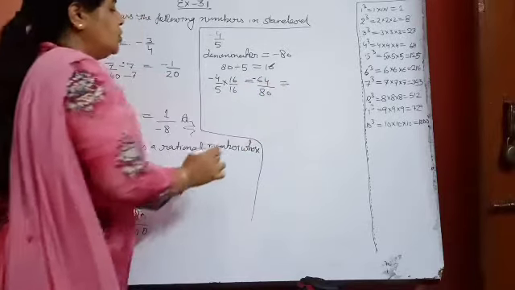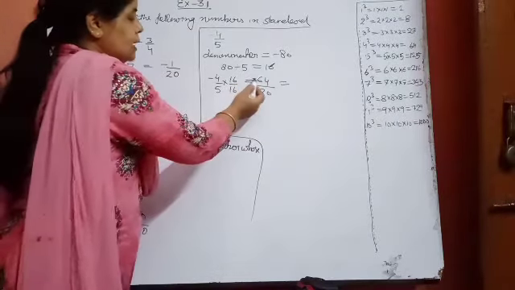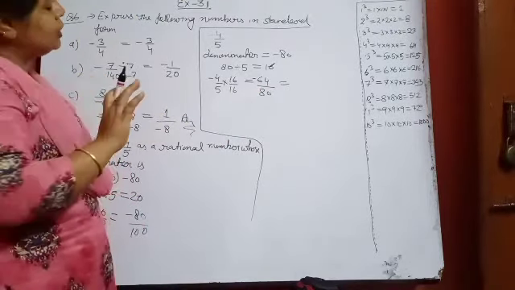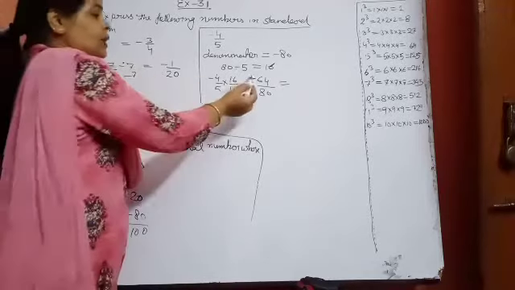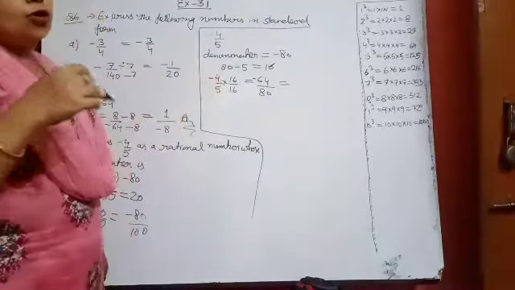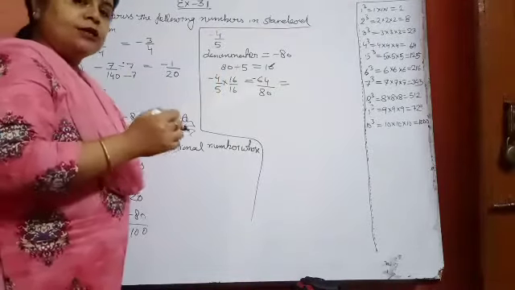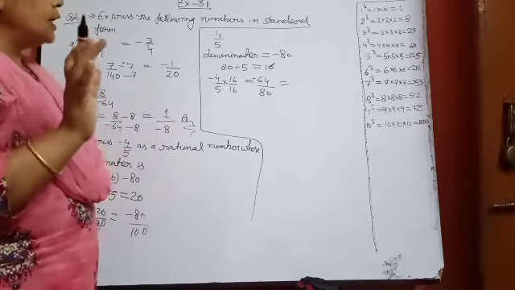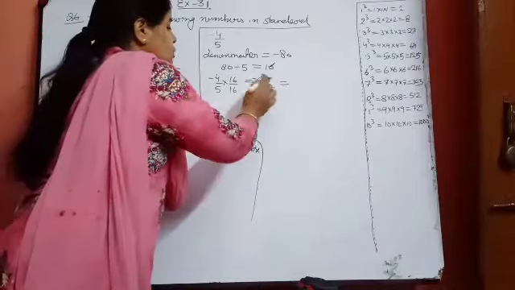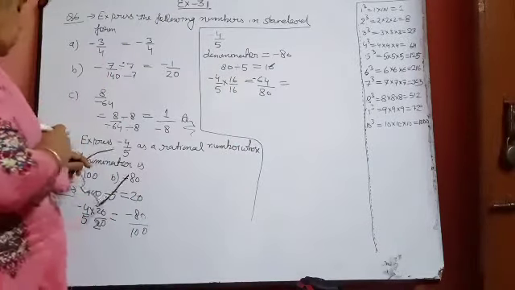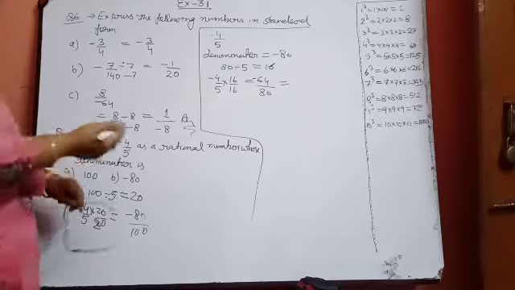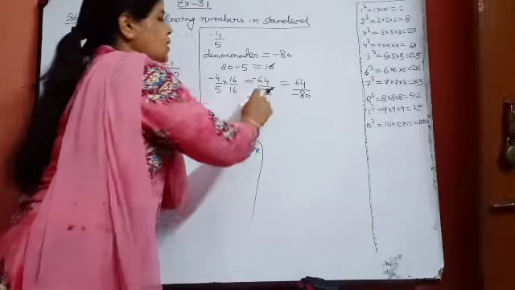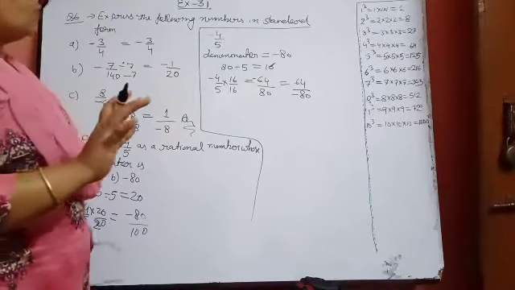I already taught you previously also that if the minus sign is in the numerator, you can take that minus sign to the denominator also. There will be no change in value, because whether you keep this minus sign in the numerator or in the denominator, it will be a negative rational number. So there is no change. He has told us that we have to write the minus 80 form. No problem, you just write 64 upon minus 80, because both are equal, both are negative rational numbers. So it will be your answer.